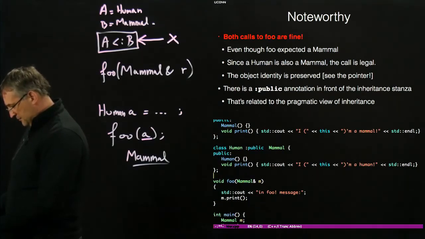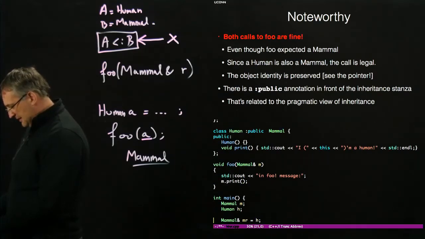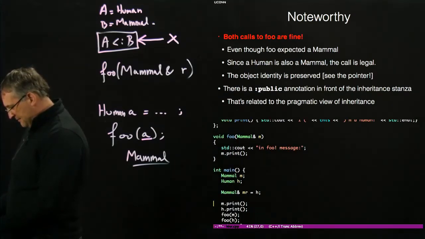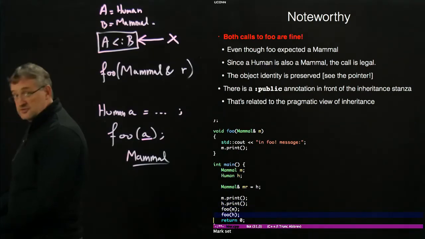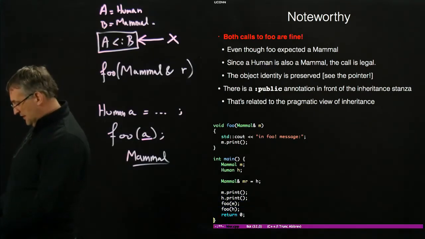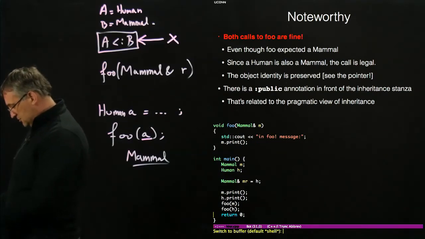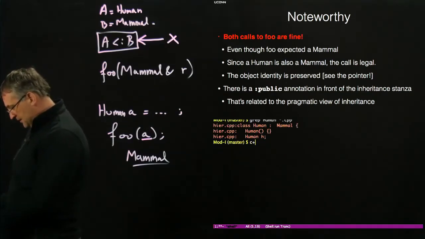Foo, receiving a mammal, printing in foo message, and I'm calling print. Then in the main program, I have a mammal, a human. I'm initializing MR as a reference to a mammal, just to verify that subsumption works. I'm printing the mammal, I'm printing the human, and I'm calling foo with the mammal and foo with the human. So everything quite straightforward. So let's go to the shell and compile this one